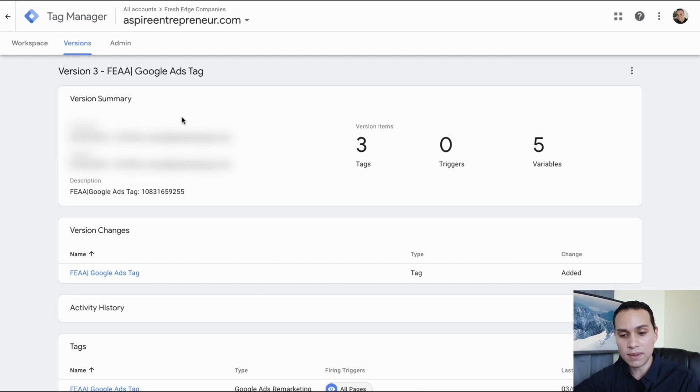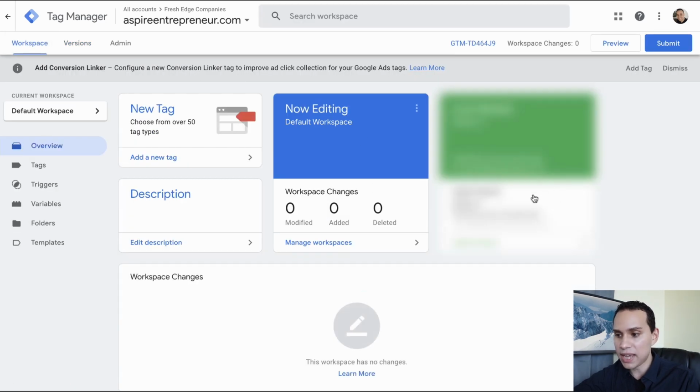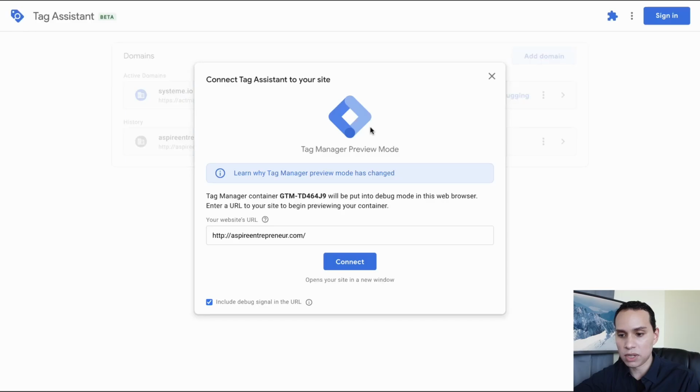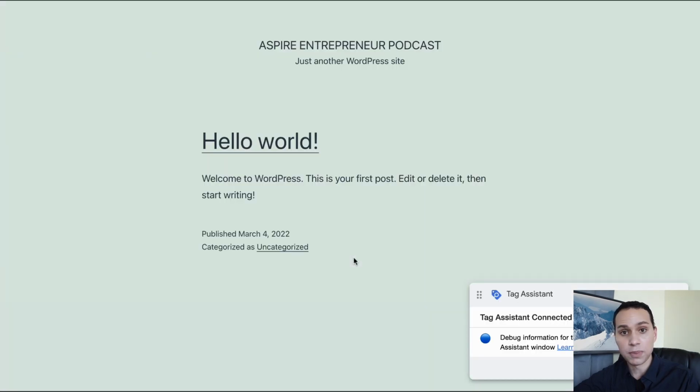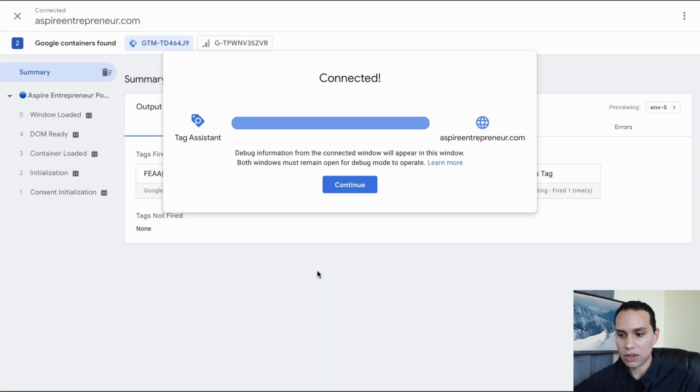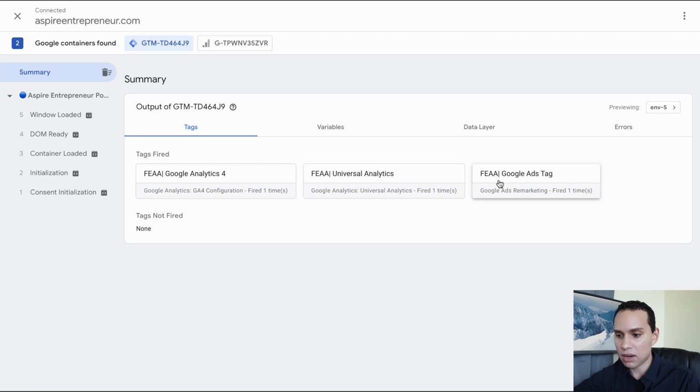So with that, it should be on your site. It should be working correctly, but let's go ahead and verify that it actually is. To do that, we'll come over here to our preview, and then of course, we'll open up preview mode. We already have our website URL dropped in here. We'll click on Connect. It'll open up a new tab letting us know that debugging mode is on. So we can jump back over to Tag Assistant here, and you'll see that our Google Ads remarketing tag fired